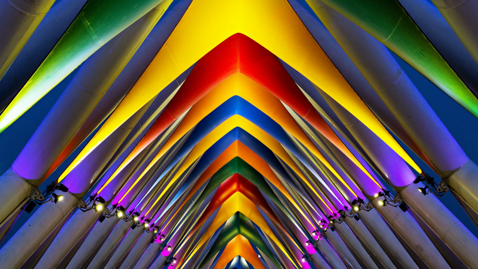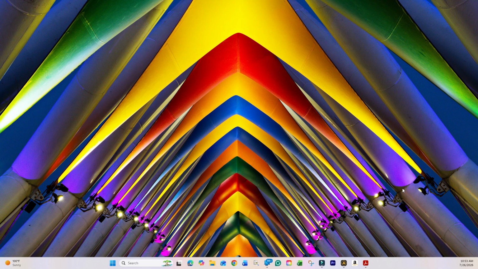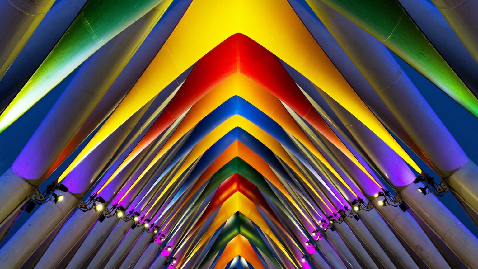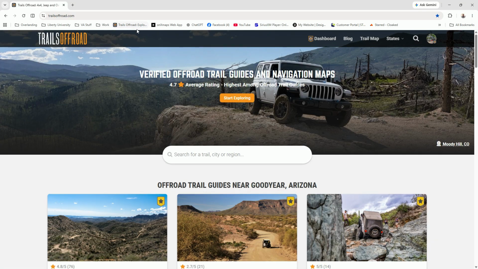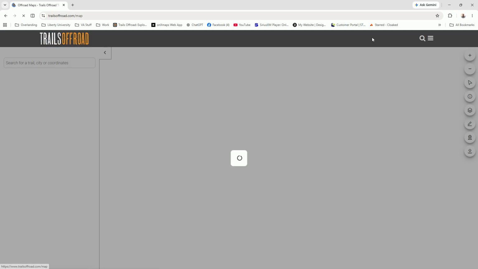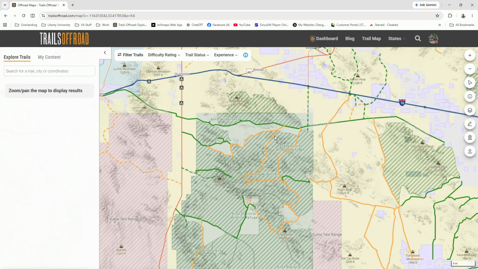What you want to do with Trails Offroad is first open up your web browser. Once you open up that web browser, the next thing you want to do is click on Trails Offroad. Once you go to Trails Offroad, the next thing you want to do is go to your trail maps. Once you click your trail maps, you'll be able to zoom in on the area that you want to actually do